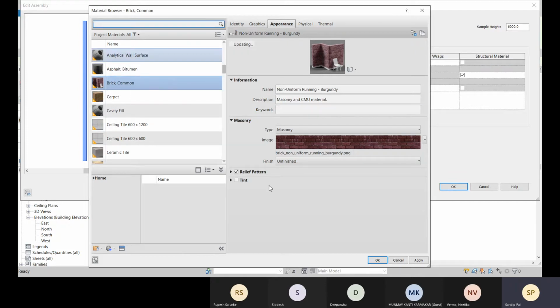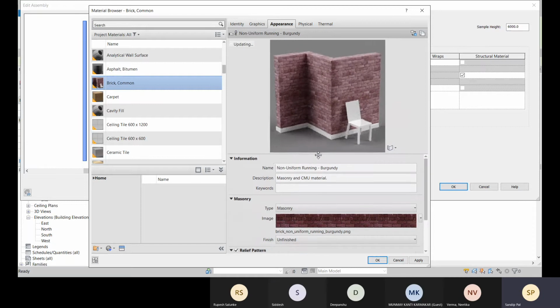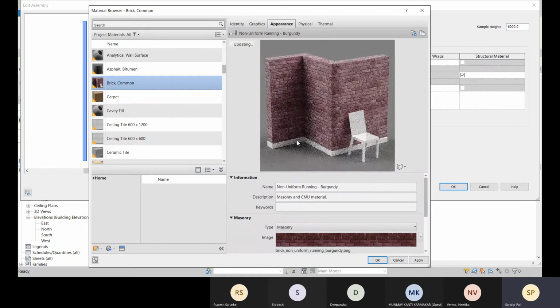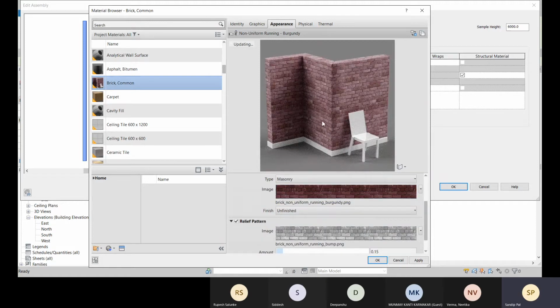Now let me just close it. And what will be the finish type? So it is glossy, matte, or unfinished. Obviously unfinished. And relief pattern. So this pattern will be available here, and here you can mention the render settings like production quality, so you have the better quality, and you can stretch it down so you can see the bigger screen of this preview. Okay, so you can change here and you can understand better about the material, and after that click on apply and OK.